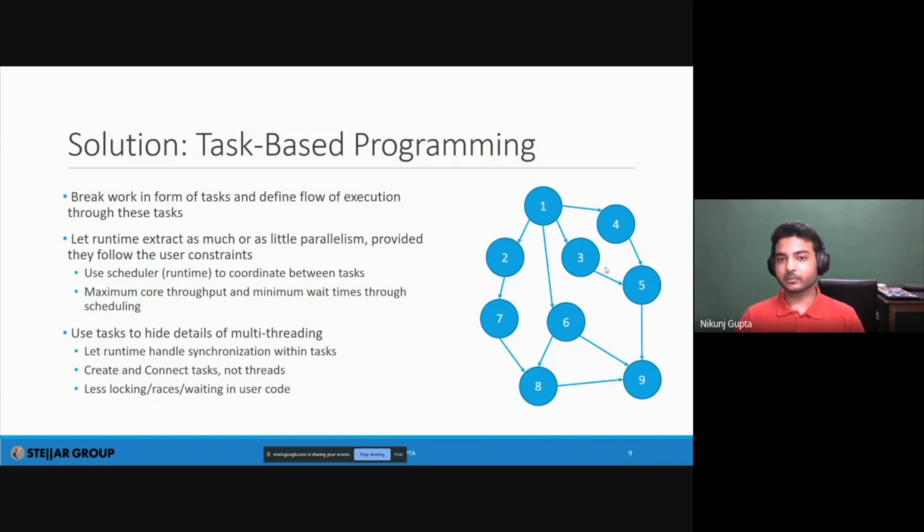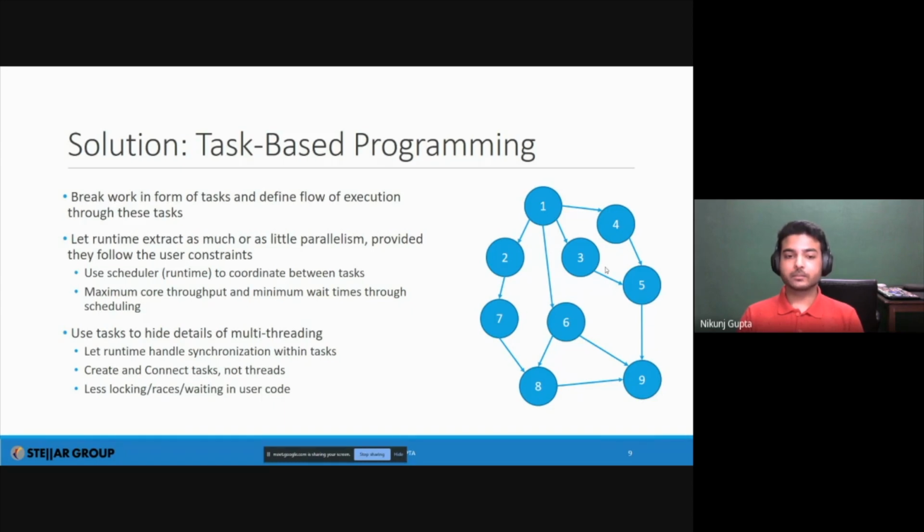And by the way, that comes with an asterisk, because if you have, let's say, concurrent data structures, then you will obviously have to work with those concurrent conditional variables and spin locks and whatnot. But in the general setting, if we have a task-based programming model, we can let the runtime handle synchronizations that happen within tasks. So this way, the runtime will be able to extract as much parallelism as I just told you in the second point.